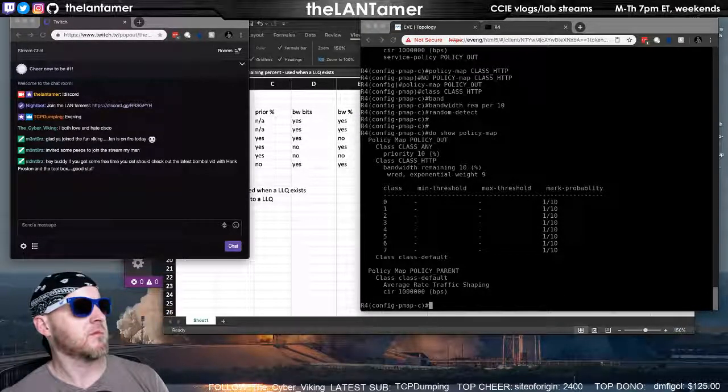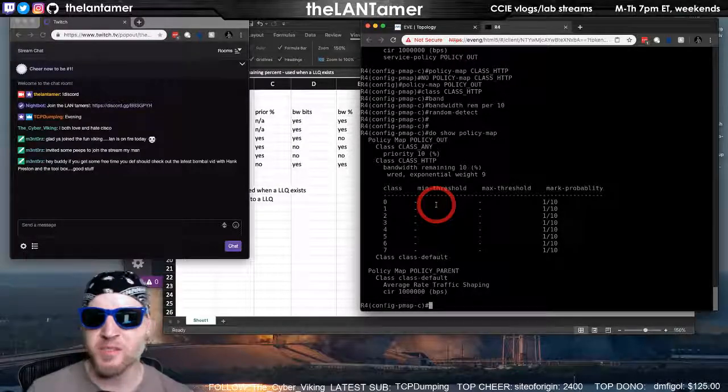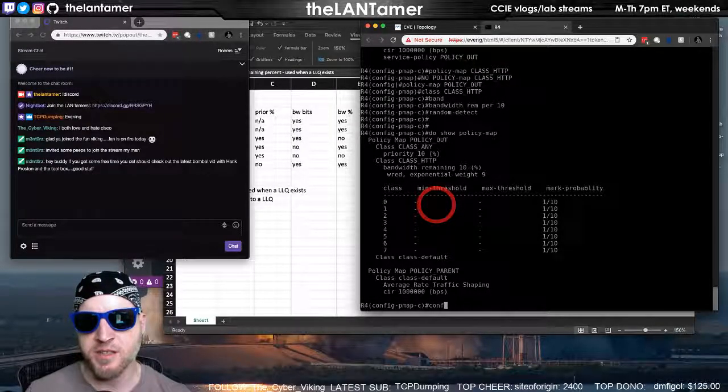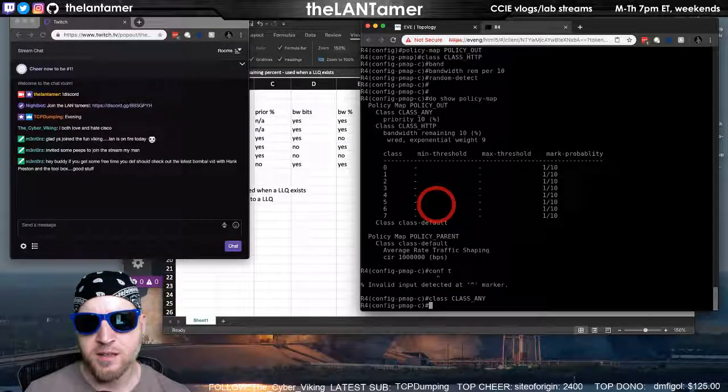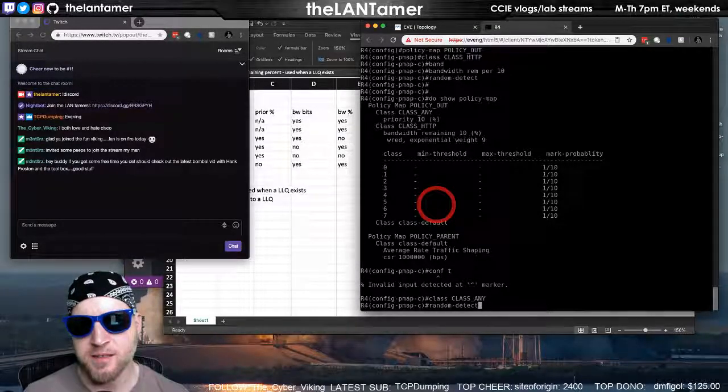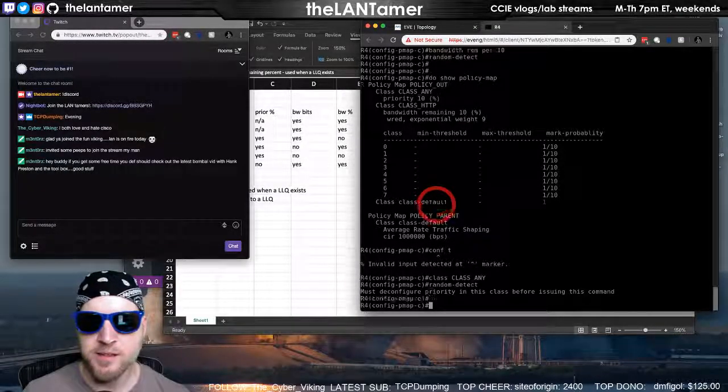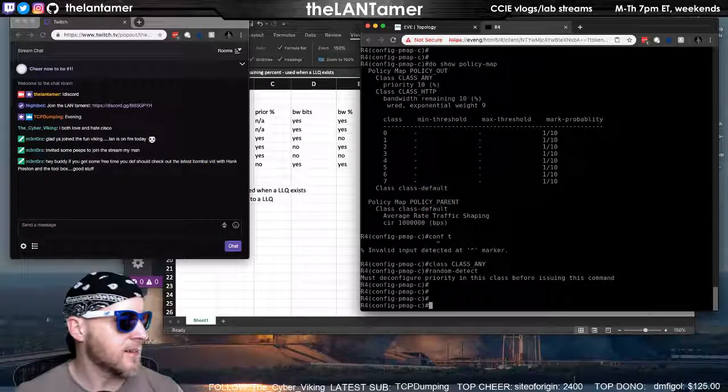So now maybe it's talking about the same queue. Let's see. So let's go to class any, and we will do random detect. Yeah, you can't. It's not going to allow you to do that.